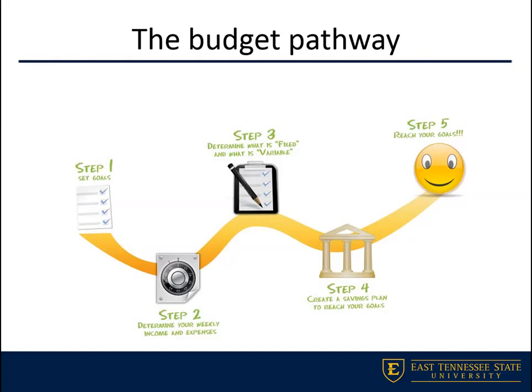As we move along the path, when we're determining fixed and variable costs, just note that fixed costs are not going to be related to patient care. These are things like our light bill, anything that's not related. It's not going to change because of the amount of patients that we have in the hospital. It's not subject to change with the volume of patients that we have coming in.